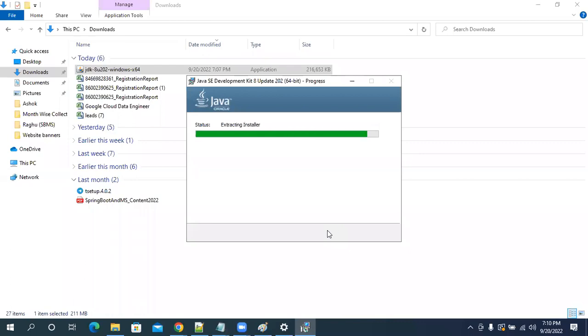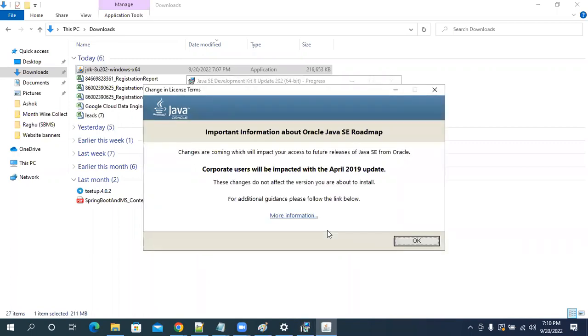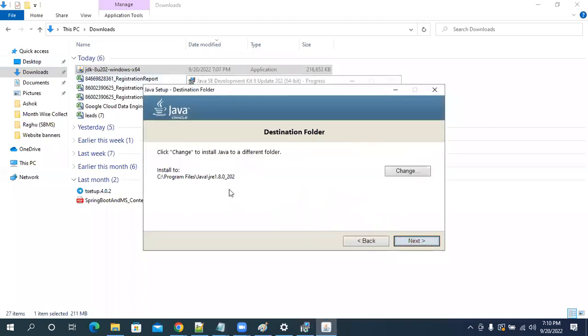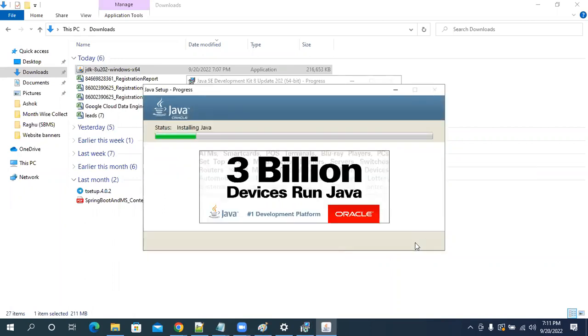Can you see the name Java SE? What is the meaning of Java SE? Standard Edition. So by using this Java, what can I develop now? Only standalone applications. Can I develop a web application with this Java? No. Okay, click on OK. Now, guys, can you read it? Earlier it installed Java; now again it is installing the JRE. We will come to that. When I install Java, two things are installed. Click on next.